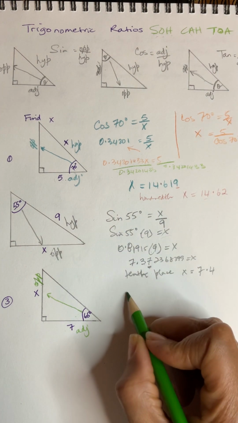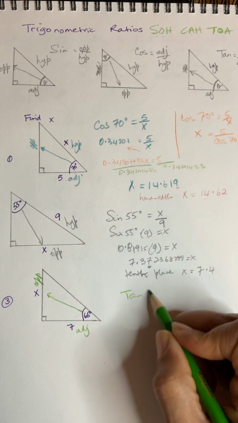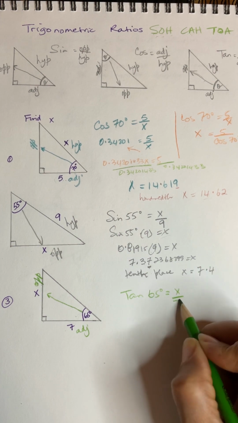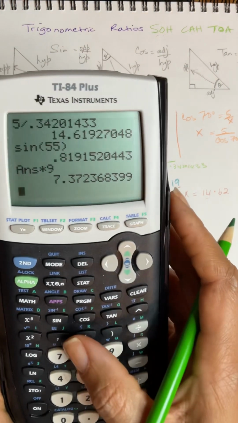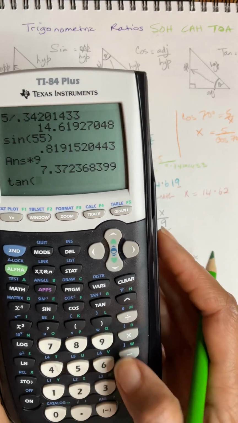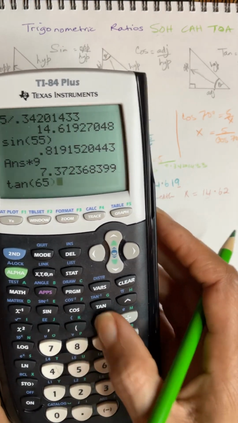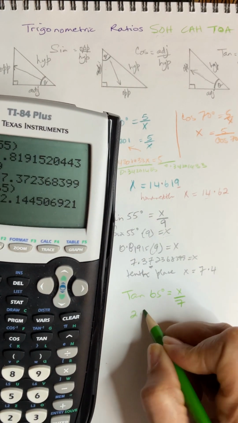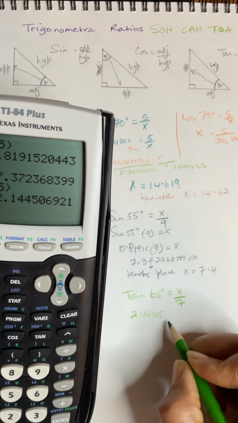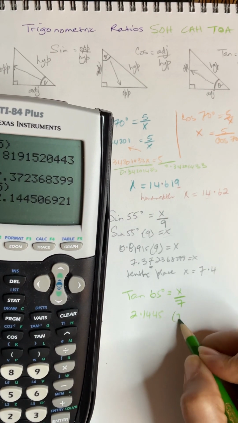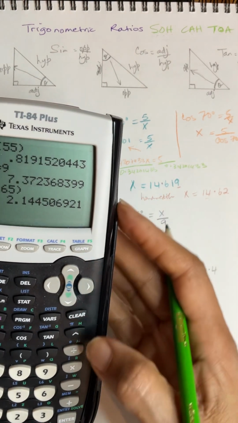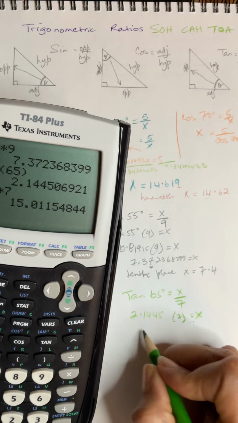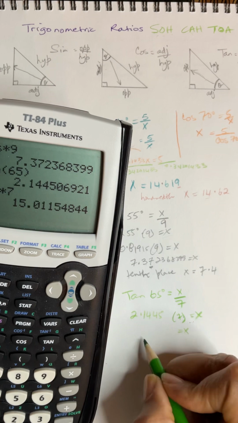So you write tan 65 degrees equals opposite, which is x over 7. So tan 65 on your calculator, tan 65, close your parentheses, and you will get 2.1445. Times that by 7 equals x. So I'm going to times it by 7 since it's in the calculator, and you will get x is equal to